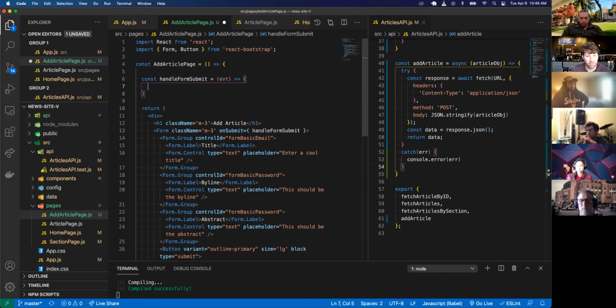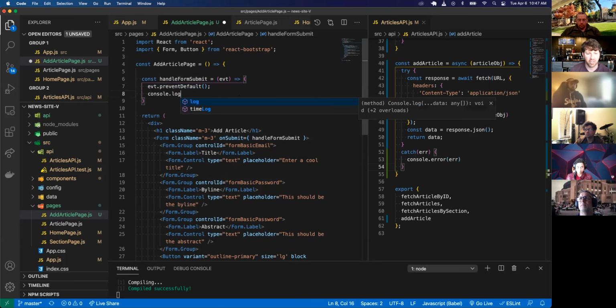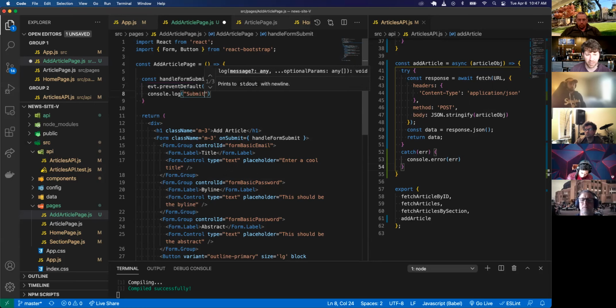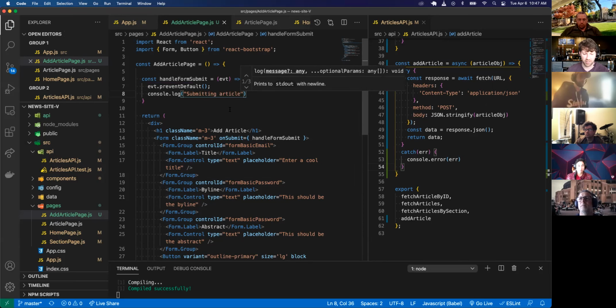All right. So the first thing I'm going to do is event.preventDefault. Can anybody tell me what preventDefault does? Prevents the refresh of the page. So in a typical form, when you click submit, the default behavior is to refresh the page it's on. Event.preventDefault prevents that default behavior of the form, so it doesn't refresh. So I'm just going to console log submitting article